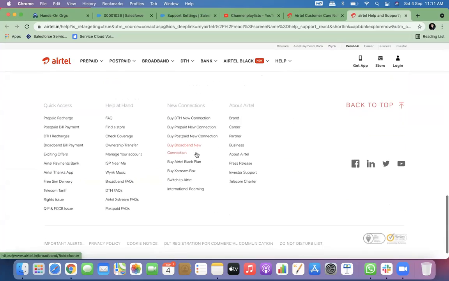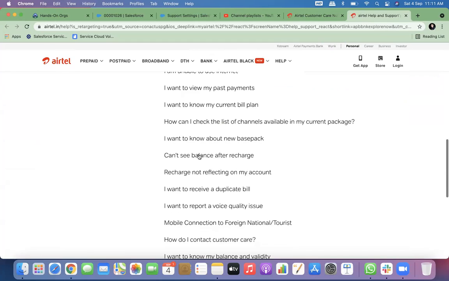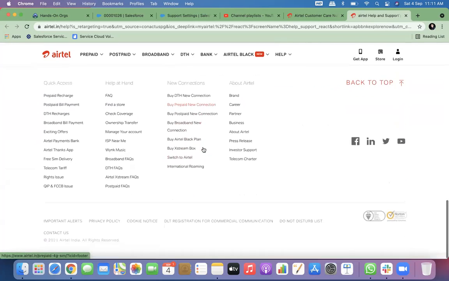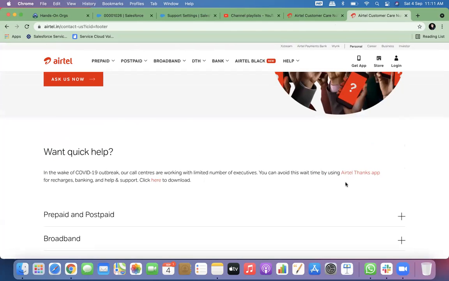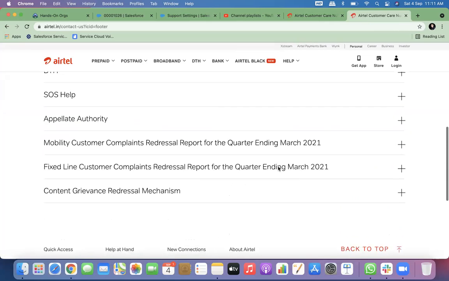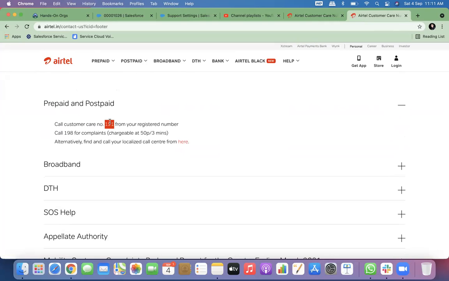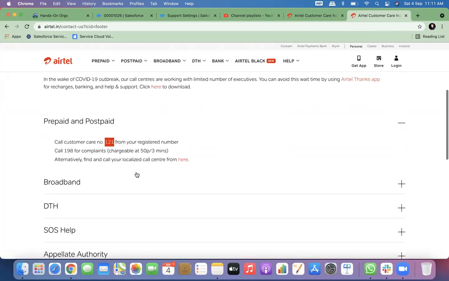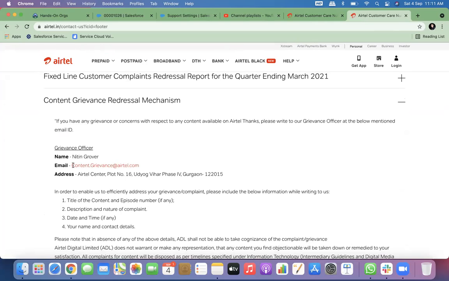So this is the FAQ section, but usually they do not have a contact here. This is the quick help, right? Just because right now there is COVID, I think they will not give some different support numbers. But yeah, you can say call number. This is a phone number which you can call, and you can also send mail to them. They also have a grievance redressal mechanism. See, now they're saying there's a general mail ID, the email ID.